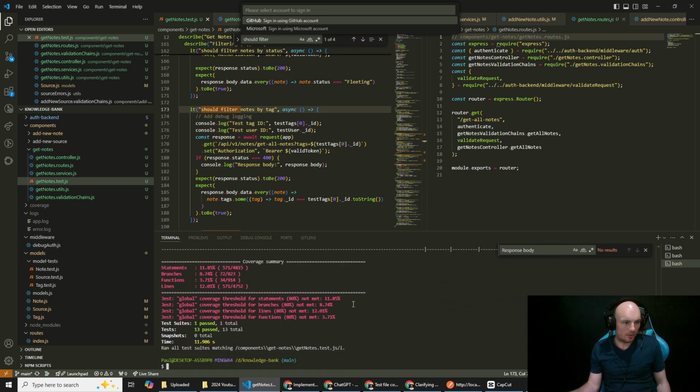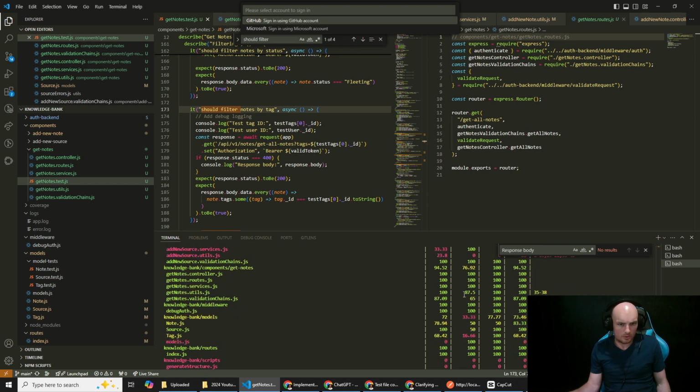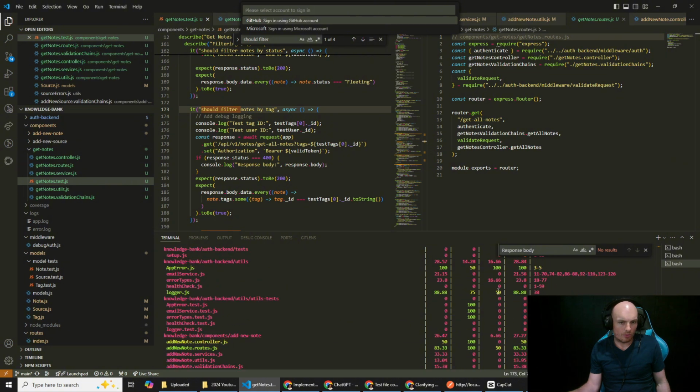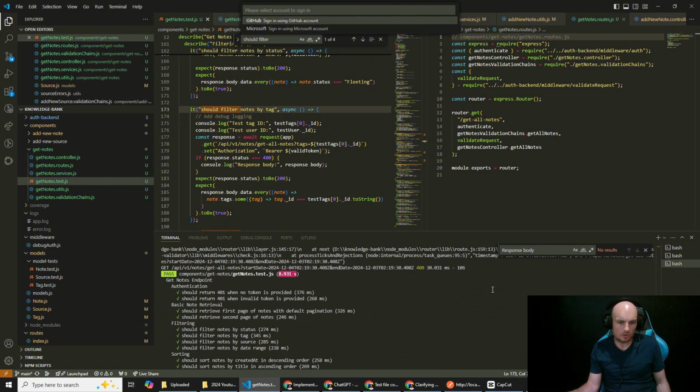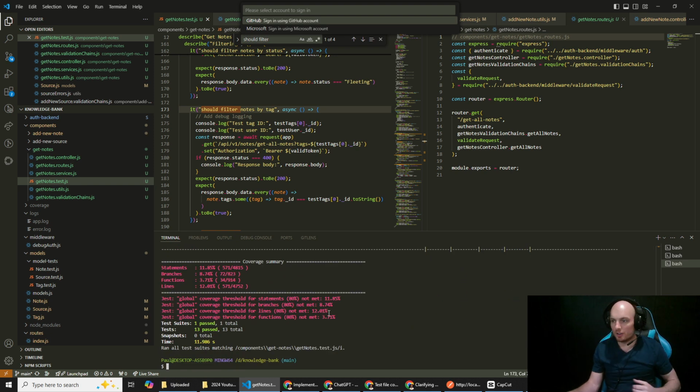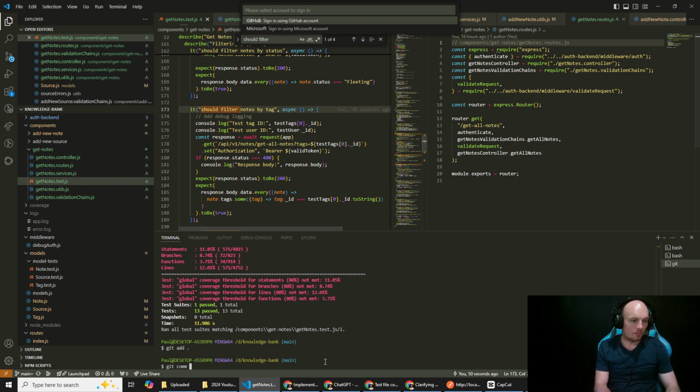Alrighty, 13 passed. Get note, where is it? So hundreds in the column that I care about most, which is the functions percentage. So we'll consider that a success. Great work, and I think we've now firmly landed on the way of getting Claude to write both performant code and tests. So let's just commit this, git add, git commit -m "added get note functionality",